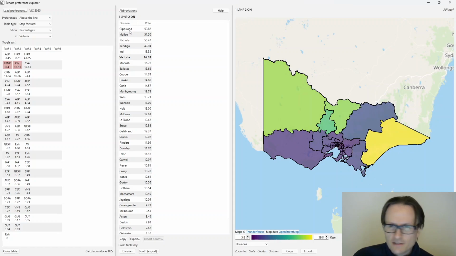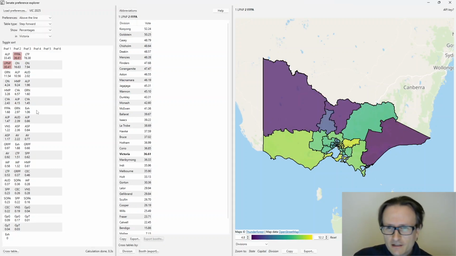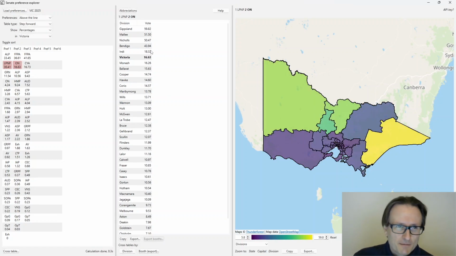now it looks like Bendigo is definitely in the grouping with Gippsland, Mallee and Nichols. And these are the seats that are held by the Nationals. So they're handing out their own how to vote cards, which give a recommendation to One Nation at preference 2, whereas the Liberal Party how to vote cards had Family First at 2. Now the gap, there's sort of 18 versus 44 or 50 or 60. There's a ballpark kind of estimate of the impact of the how to vote card,